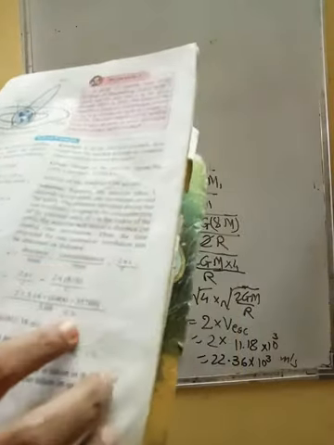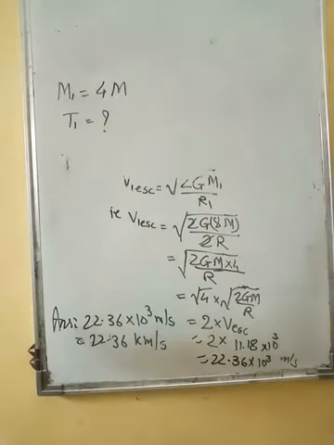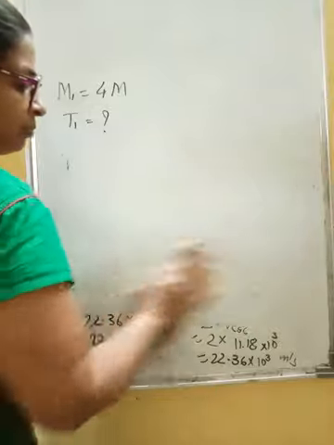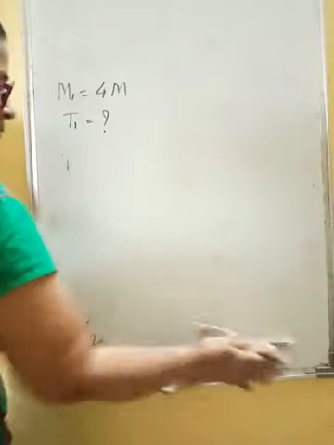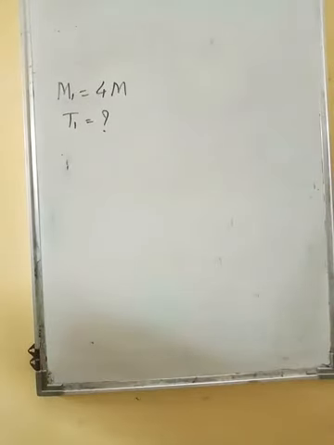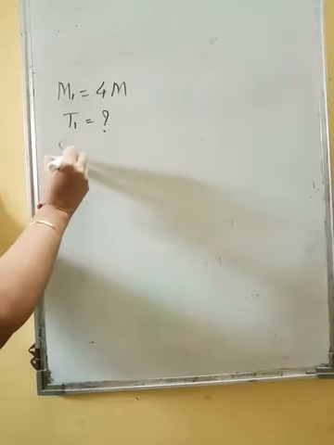So that was the time period. So we will use it in a similar way and try to find out when the mass is 4 times. So let us do it. So children, solution,